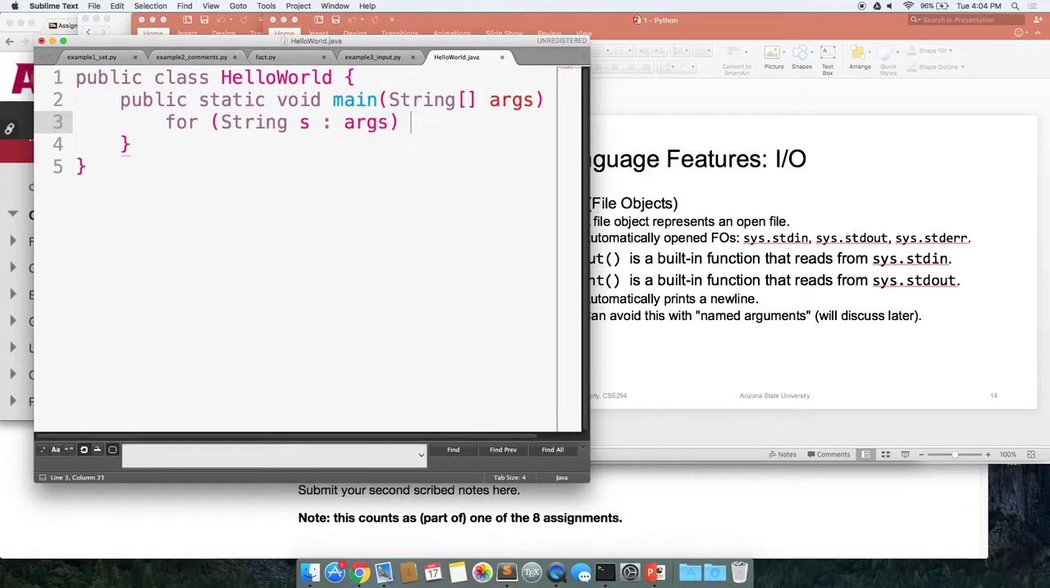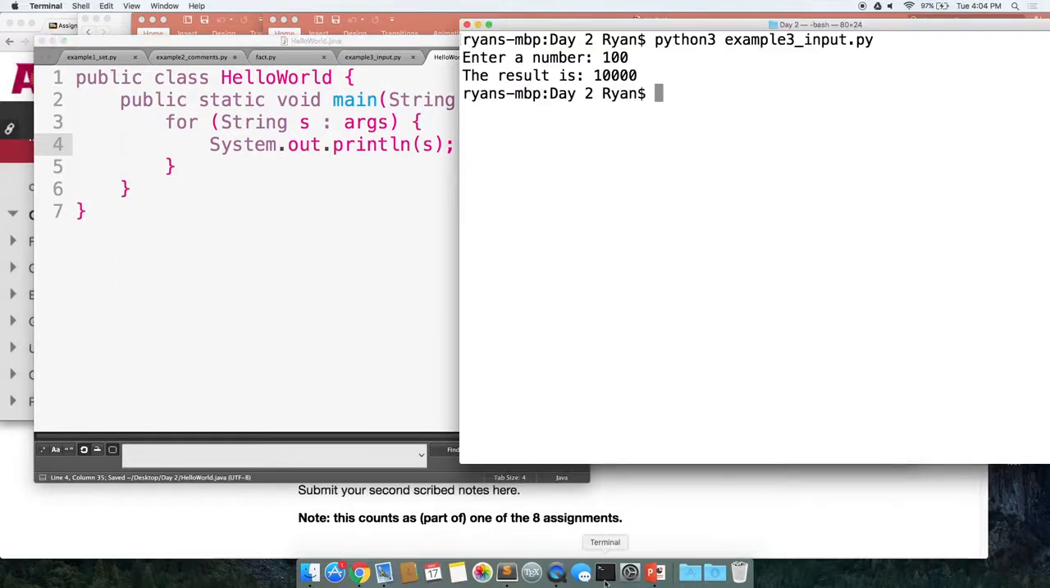So for every string, we can do system.out.println s. Let's try this. As we know from yesterday, in order to compile a Java file, we call javac, and then to run the file, we call java on the file name without any extension. So hello world, compile,